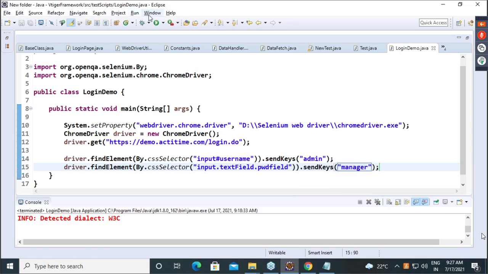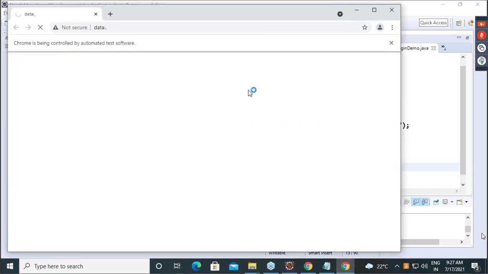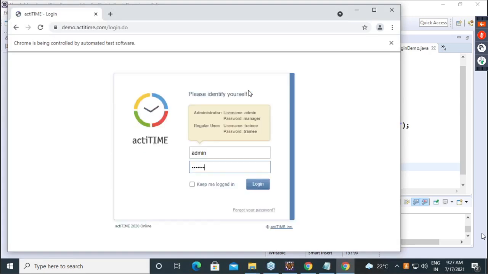Let's cross check. Working. Then enter admin, enter manager. Any confusion up to this? Confirm? Note down.